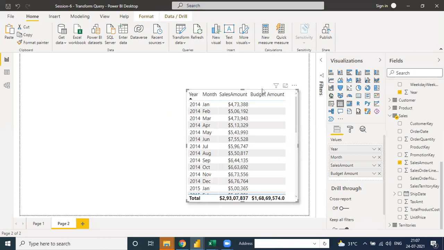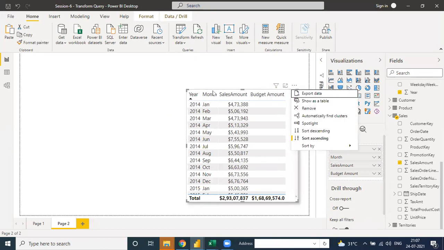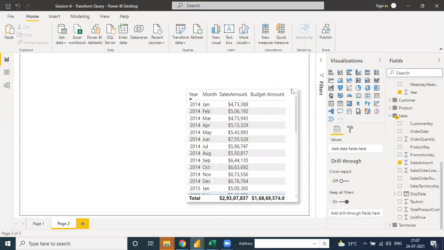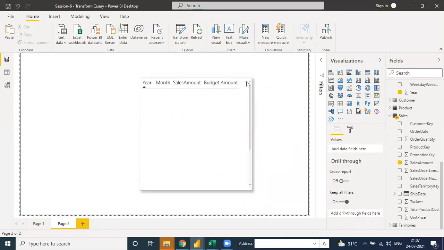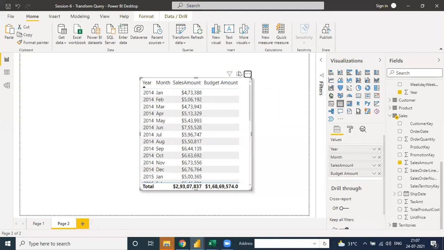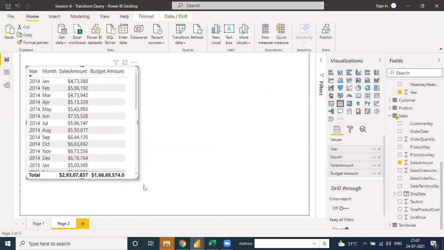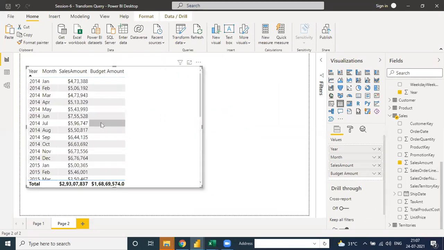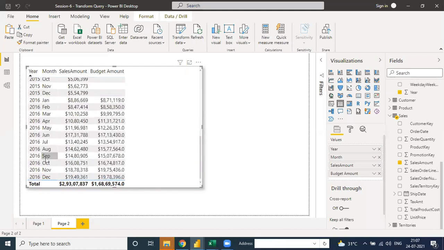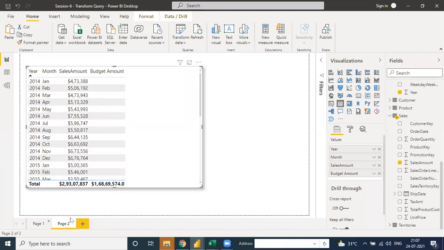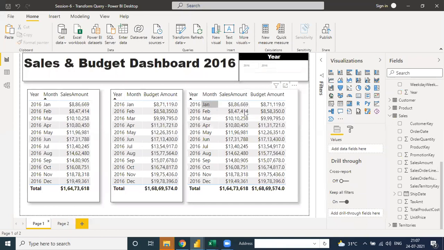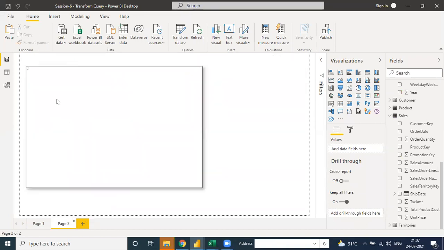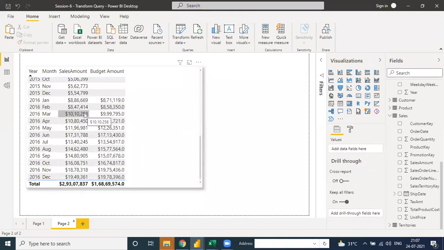So what is the use and benefit of this? See, there is one more option here. 2014. When I copy this table in sheet 2, our filter is gone.